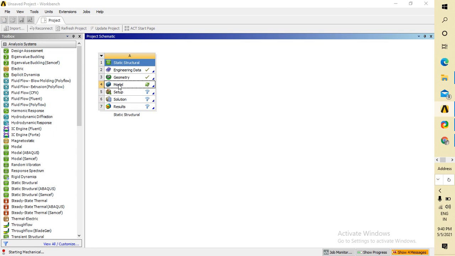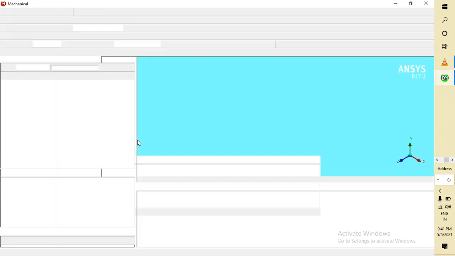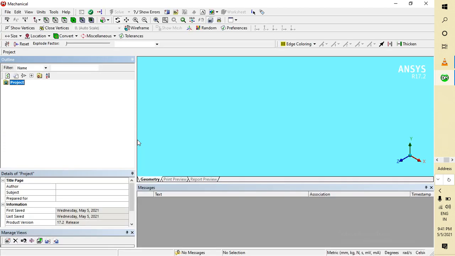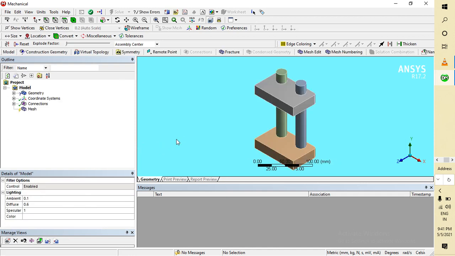Now it is showing busy here, so just leave it for about 5 to 10 seconds. It depends on your PC also. So 1 2 3, it comes here.